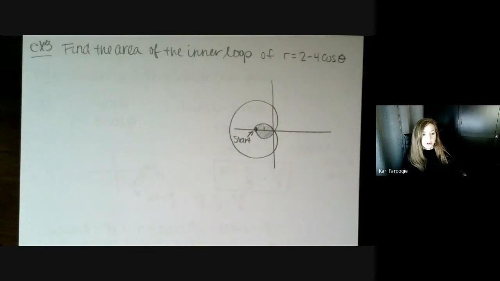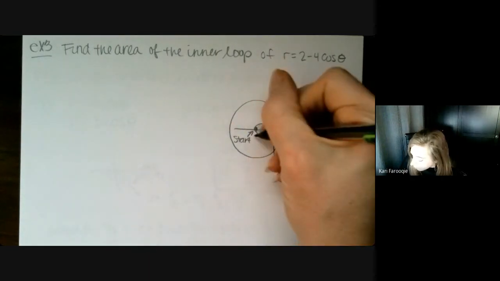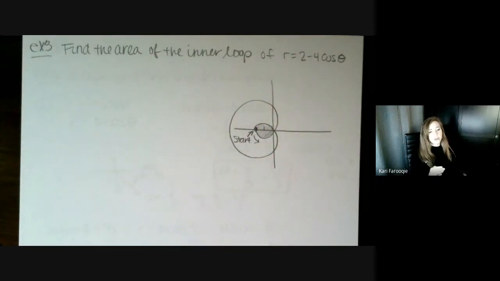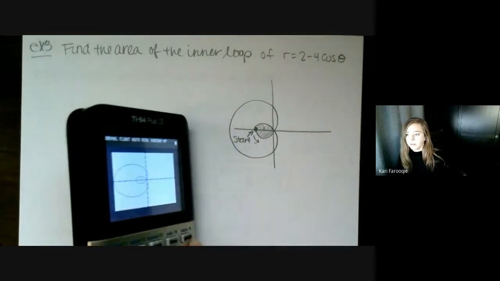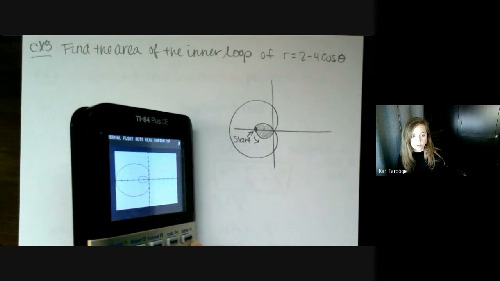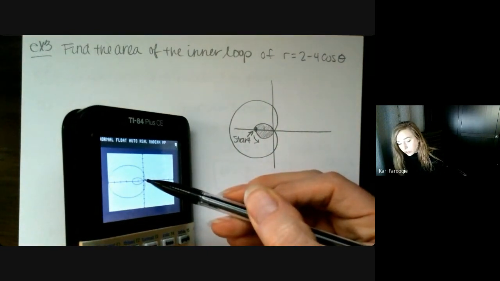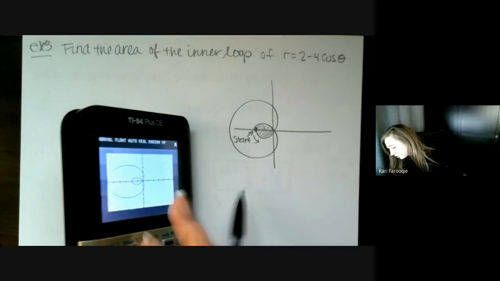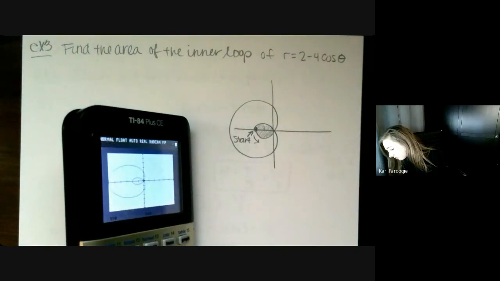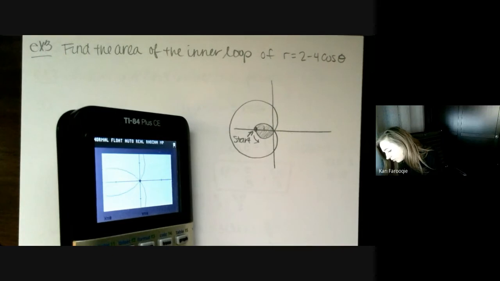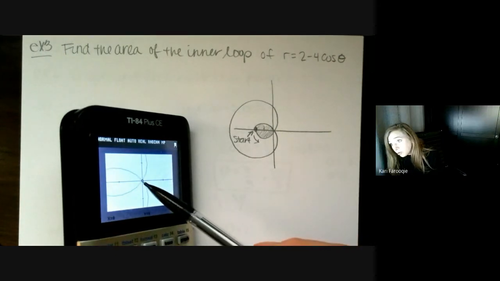You have some options here, and if I were you, I would use symmetry on something like this. On my drawing, it's not the most obvious thing that it's symmetric, but you should be able to see that on your graph. And a lot of times with these polar equations, you can take for granted that there is symmetry. You can see that the graph is going through this point at the origin. In case you were not sure, you could always zoom in a little bit more at the origin just to see what's happening. But you can see where this inner loop will start and stop at the origin.